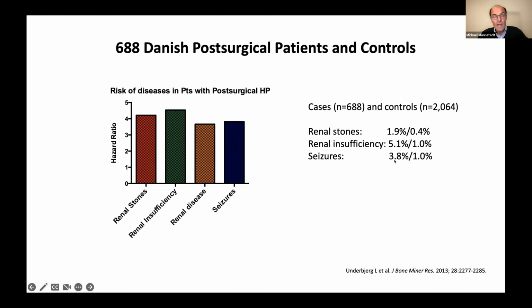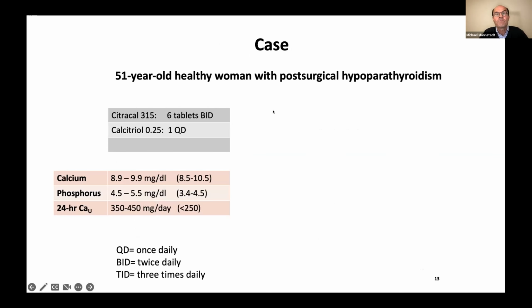So I don't want to minimize the risk for developing kidney or renal insufficiency, for instance, meaning kidneys don't work as well as they should. But it's 5% compared to 1% in the controls, right? So 4% more. So it's not like everybody gets it, right? So that's just one thing that I wanted to make sure to show. And obviously we have a Q&A period afterwards. So if you have questions about this, please send them. I don't see them now, but Michelle will tell me about them, I think.